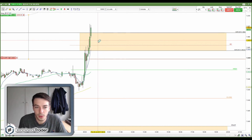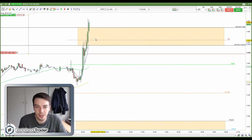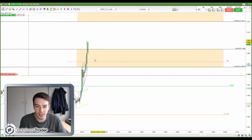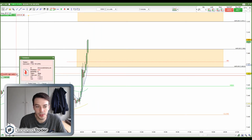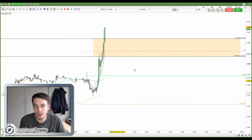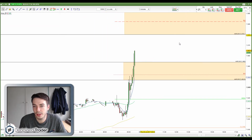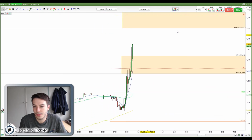Okay, so price is still moving higher. It's not doing it in a terribly convincing way. This was the signal here. Then we've had another pin bar and then another even bigger pin bar, but it is continuing to grind its way higher. So I am going to cancel this order. Like I say, we've got this band above here, up at this level. It hasn't broken this band yet,